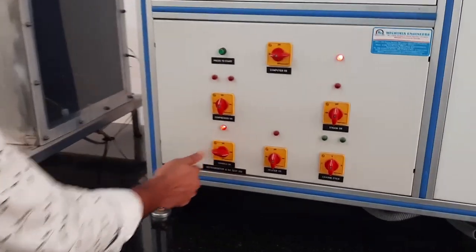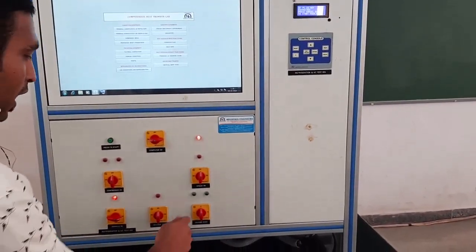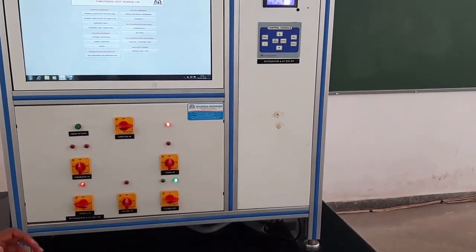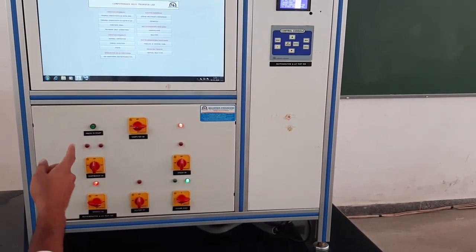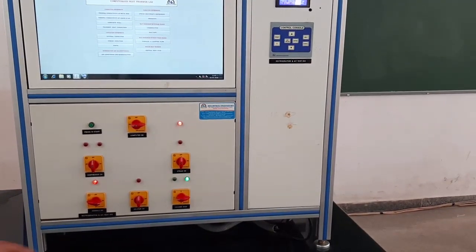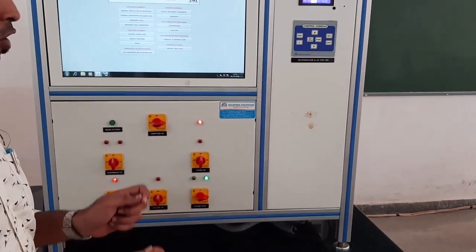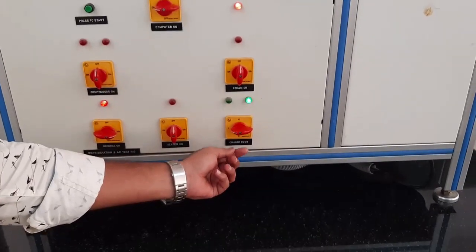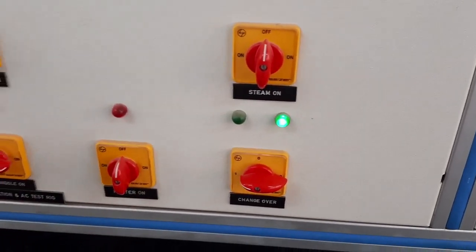Switching on the console switches on the panel to show what message will pop up. We do have a changeover switch here. This changeover switch changes the particular experiment to be conducted. Here we have two experiments: one is air conditioning and the other is refrigeration. The changeover switch selects which experiment we need to conduct or demonstrate. Position one represents the refrigeration unit, and two the air conditioning unit.